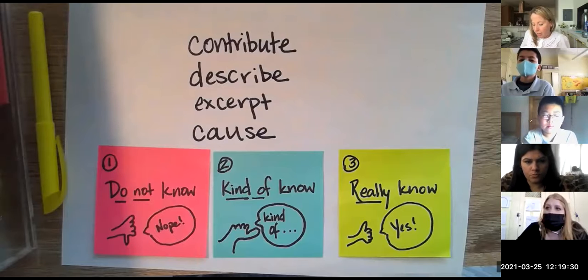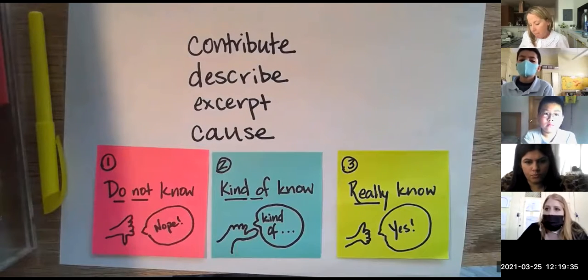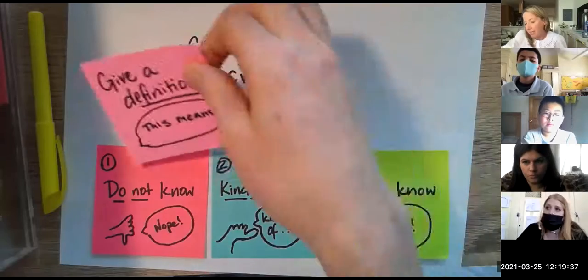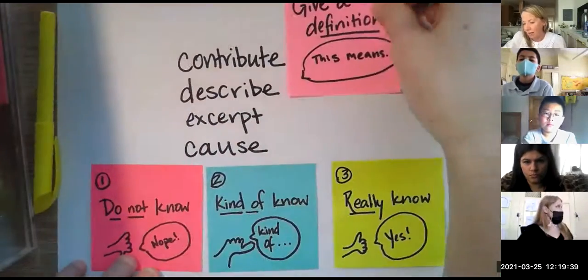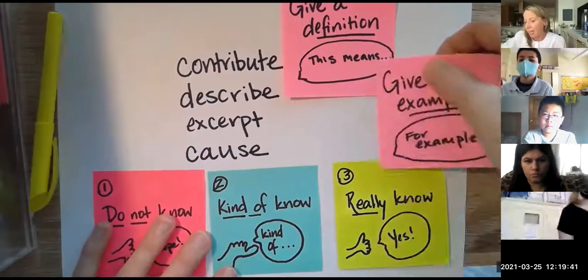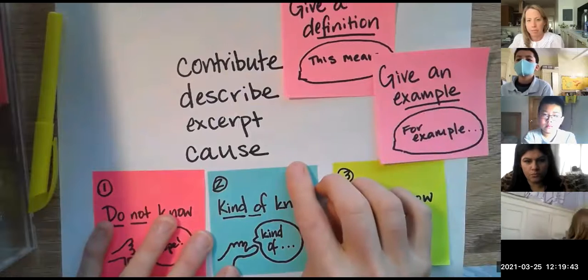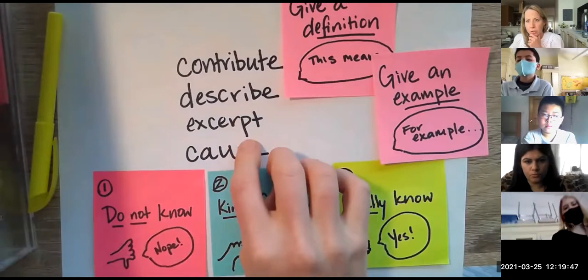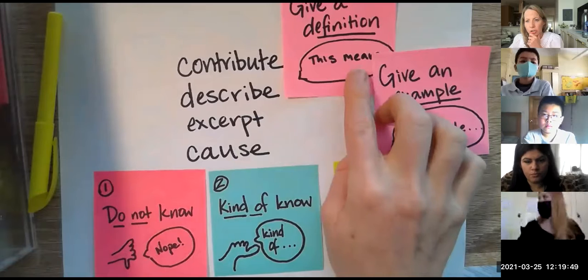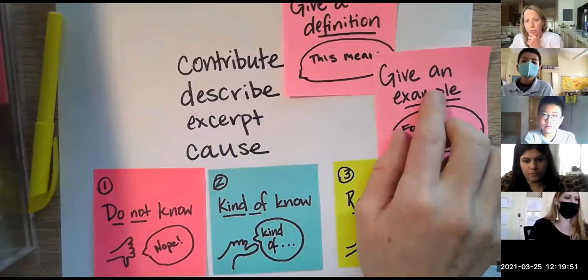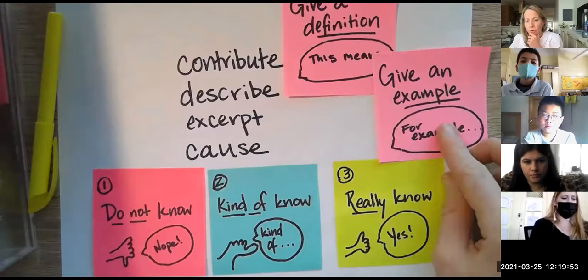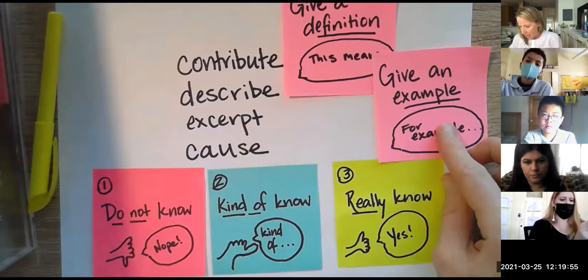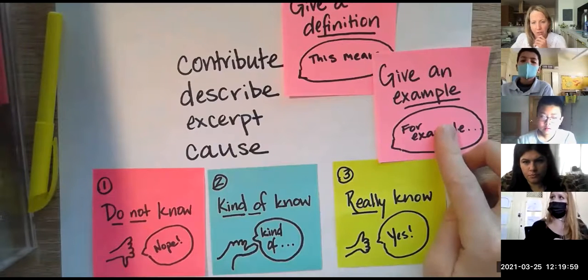But I want you to think, if it's a number 2 word, it means that you can give a definition, okay? Give a definition, and I can give an example. That would make it a number 2. So do you guys still think your word is a number 2? Can you give a definition or can you give an example? Can you say this word means, for example? What do you guys think? Do I have any brave souls who can try it?